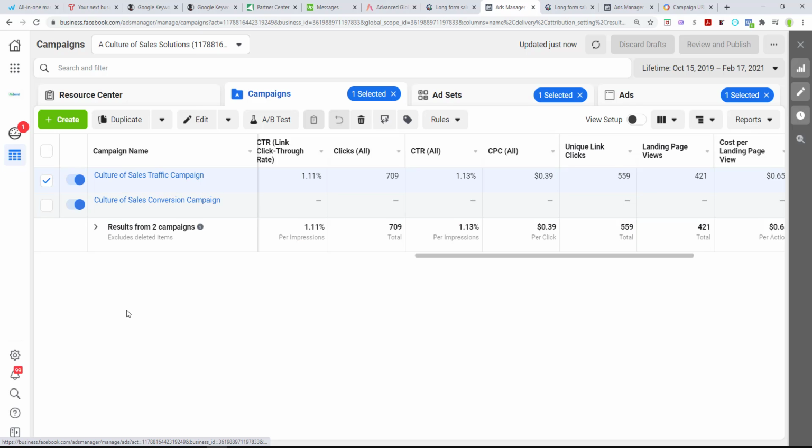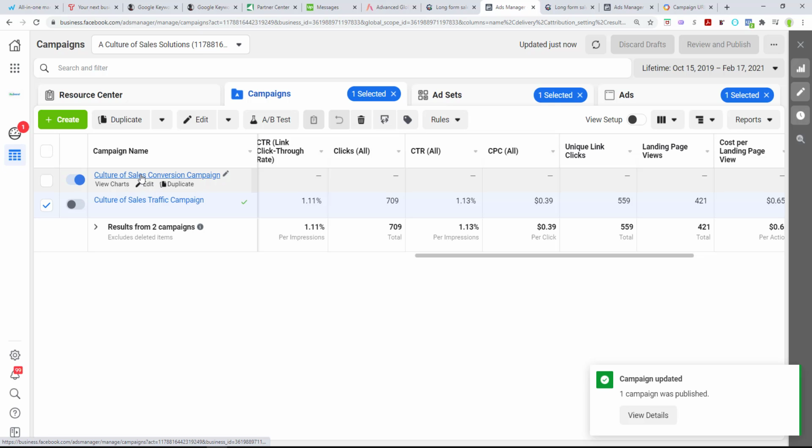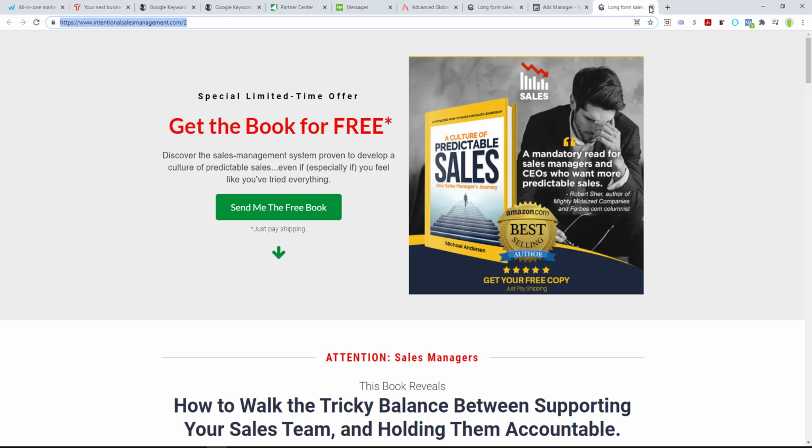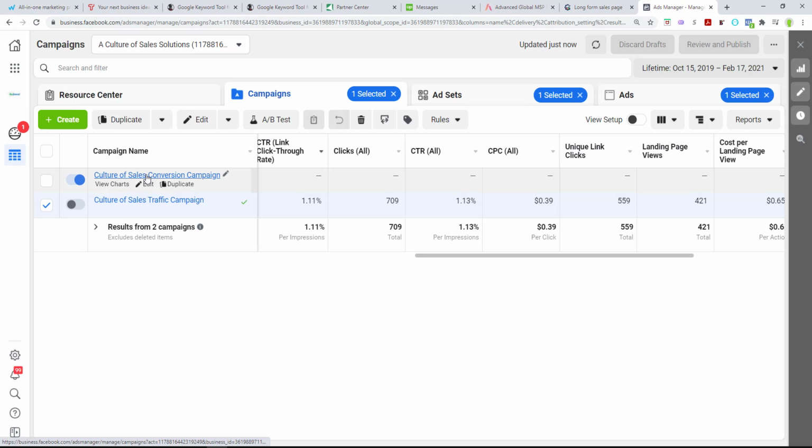So I can actually shut this campaign off because this campaign is now pending. That's the traffic one going off, and I'll leave that. I'm not going to delete it. I'll just leave it there. Now I'm going to go back in. I can close this out, and this out, and this out. I'm going to go back into the new ad campaign that I set up, click on that,